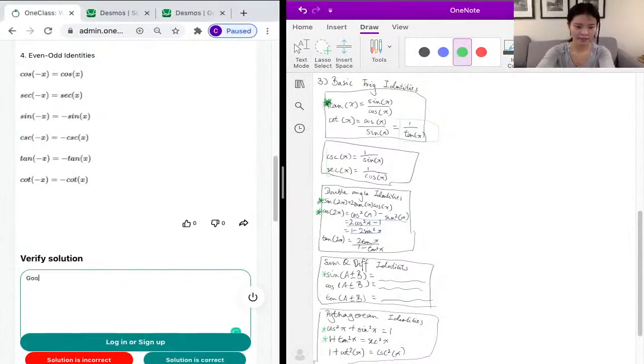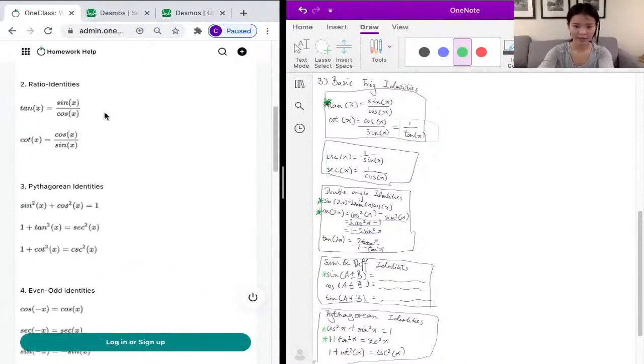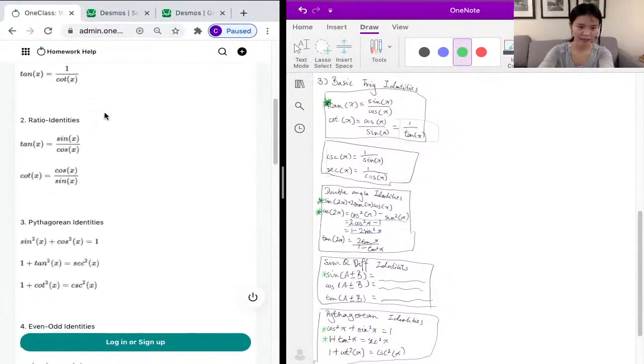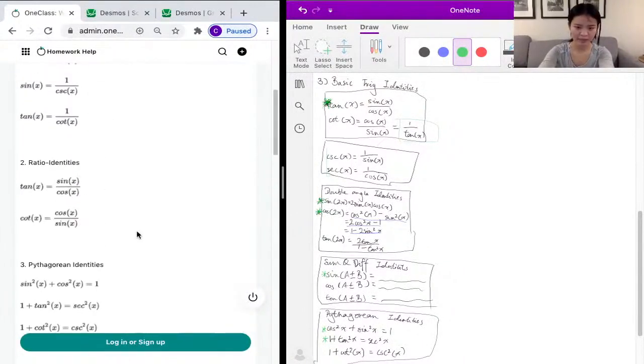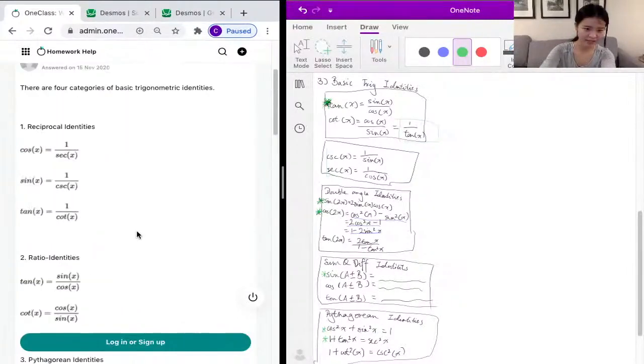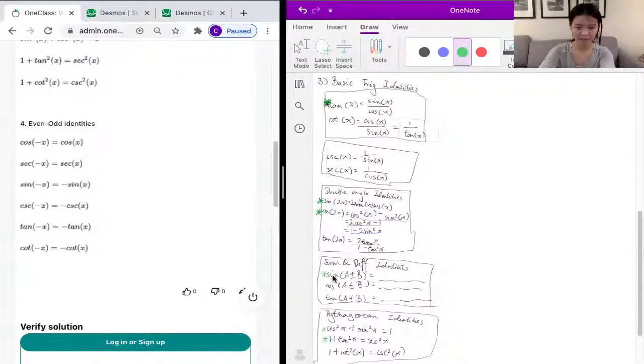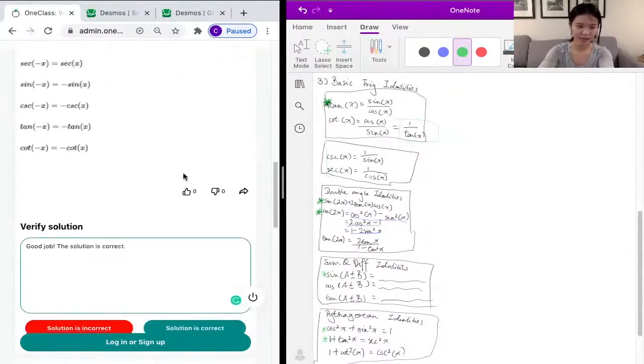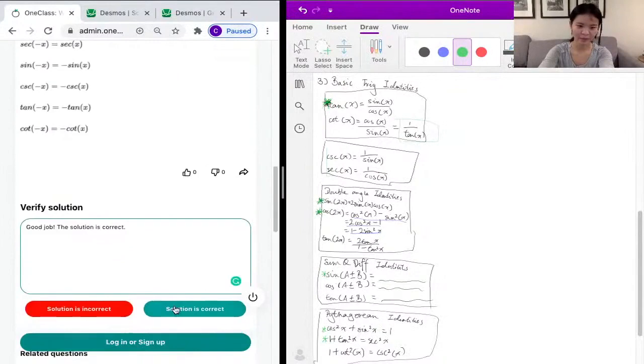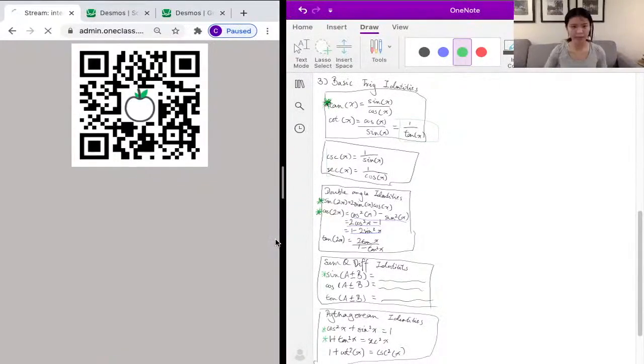Okay, good job, the solution is correct. Cool, let's move on to our next problem. They didn't mention double angle identities or sum and difference identities. I presume they just don't think these are as basic as the other ones, but I think they appear quite often. But again, it depends on which schooling system you're in. Alright, that's our third problem about basic trigonometric identities. Let's check what other questions